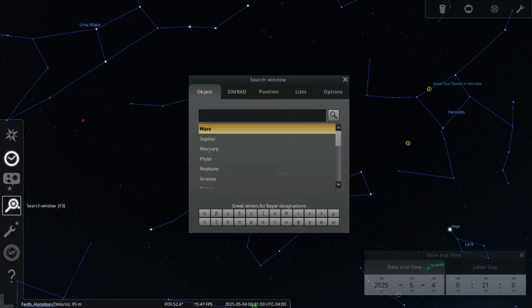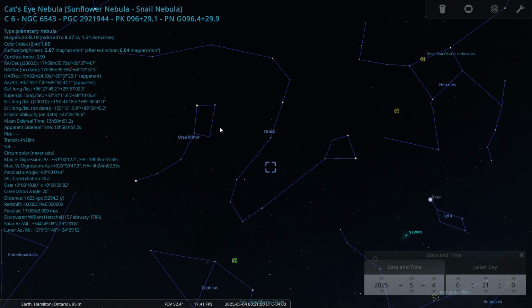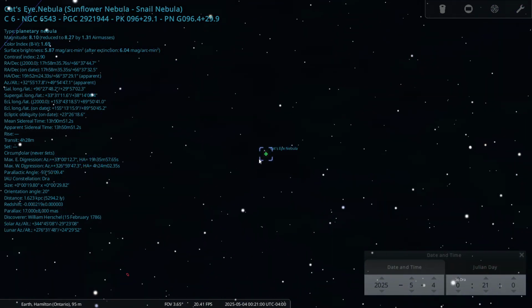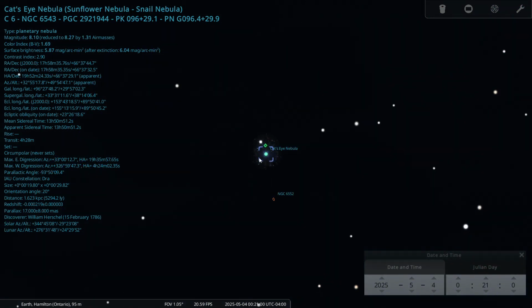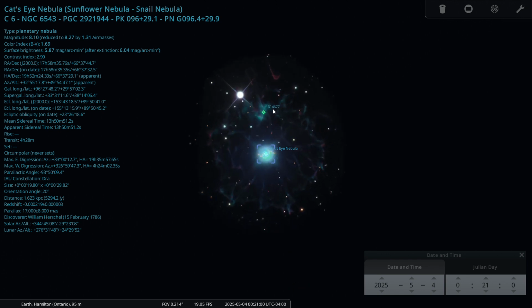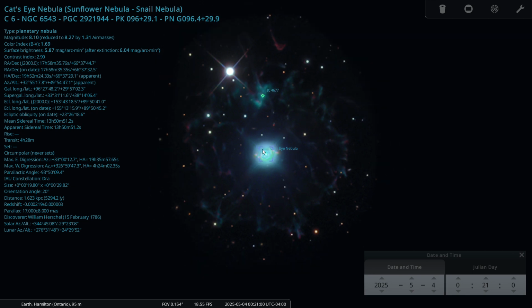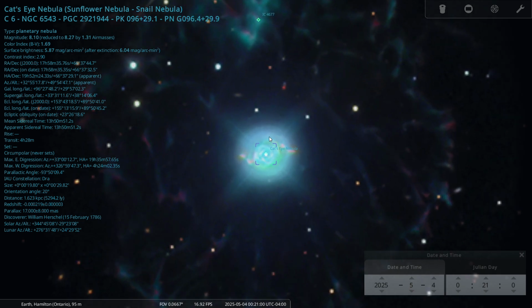So we'll start off here with NGC 6543, which is right here, known as the Cat's Eye Nebula or the Sunflower Nebula. And this is a magnitude 8.10 planetary nebula, which is a nice, really small, compact planetary, which might be difficult to pick out in a smaller scope, but with a bigger scope, it's definitely an object worth searching for and worth looking at,